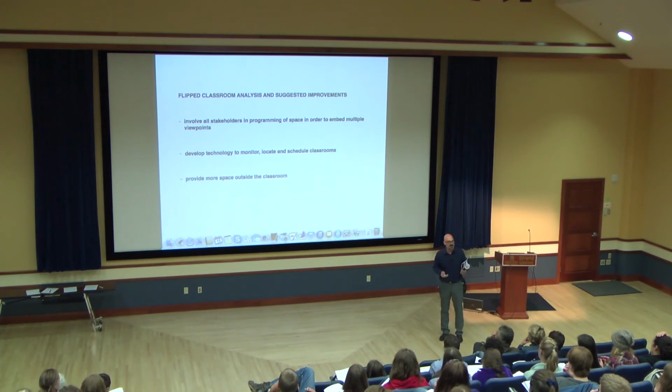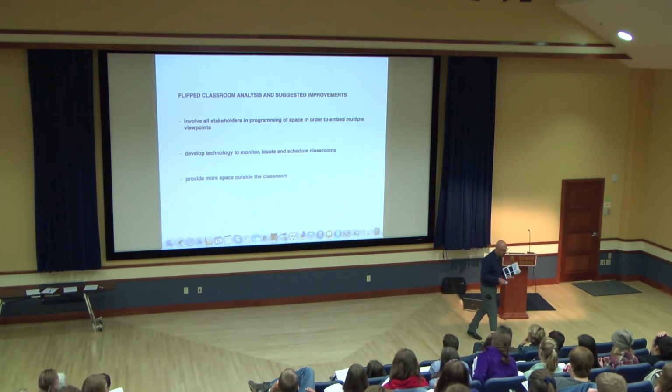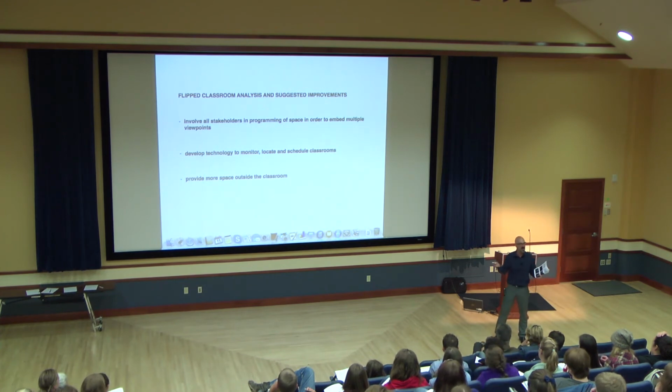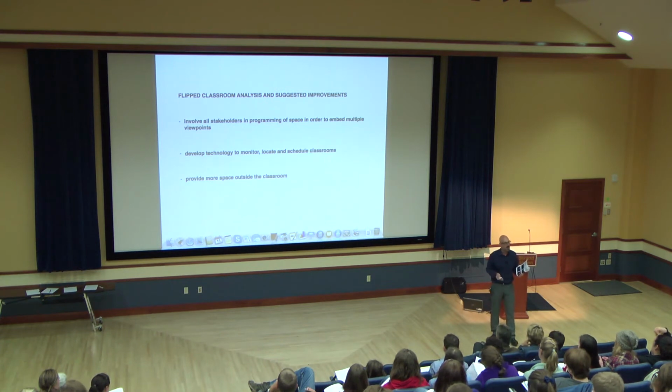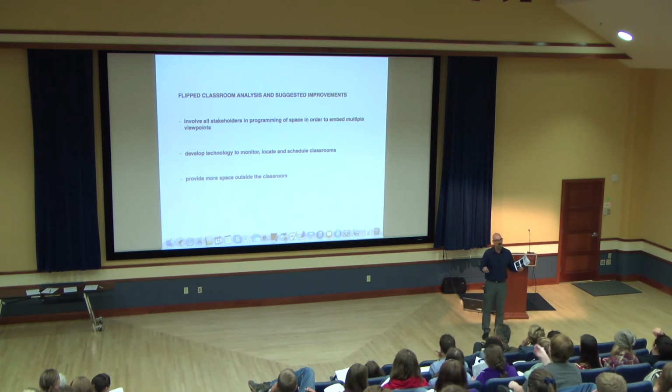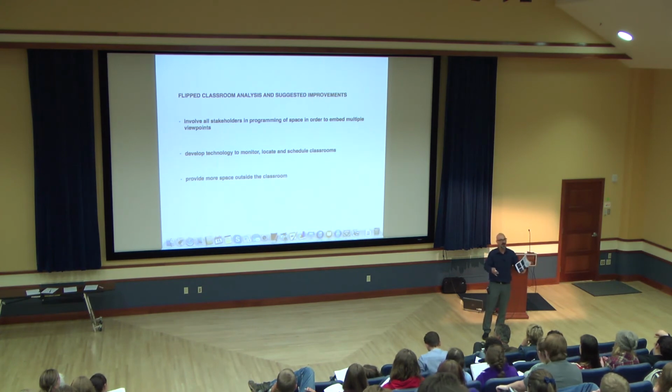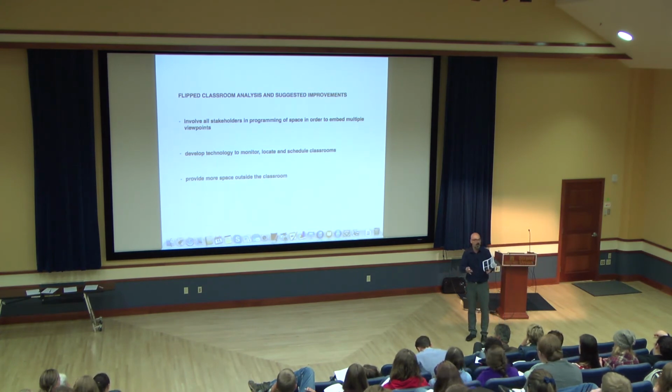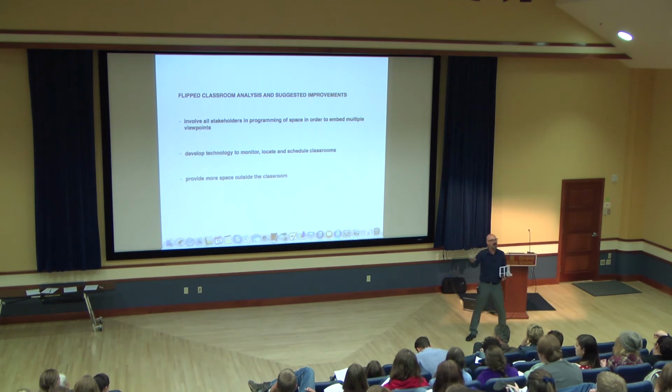So Princeton just finished last year a two-year study that they did on this phenomenon. Is the physical space working for the pedagogy? Has it kept up with the flipped classroom learning? And it hasn't. And so one of the suggestions that they determined was that you need to involve the opinion of more people in the space. And there's a lot of technologies to track what's going on with resources. So it doesn't have to be limited to that one room. You could find out, you know what, there's a classroom across the hall that isn't being used right now. One of those groups could go over there and use that.